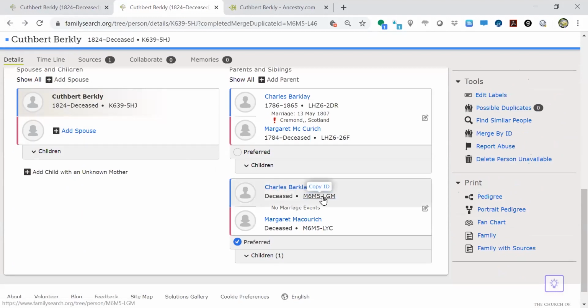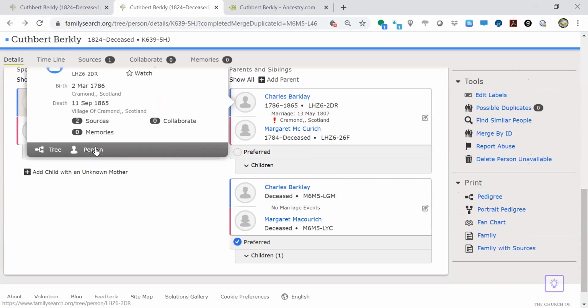Let's go back here. We're going to grab this PID. See, here it does the old way of copying the PID, and personally, I think that's a lot more user-friendly. So that could be feedback to give FamilySearch as well. So I'm going to copy that PID, and then I'm going to come back over here to the other Charles,